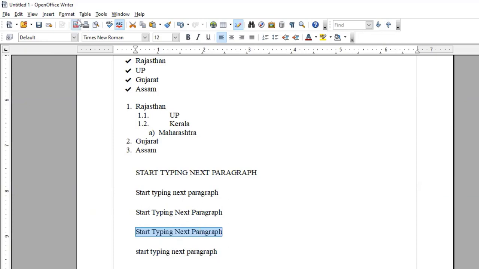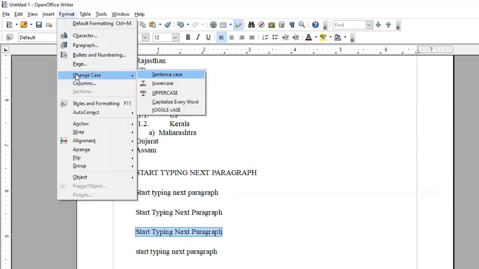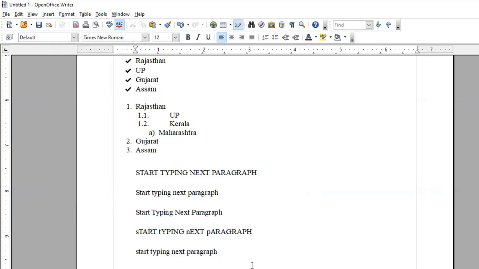So I select the second line and I go to Format, Change Case, and I select Toggle Case. You will realize the difference over here. Whatever was capital has become small, and whatever was small has become capital. So for example, if you want to write something like this,